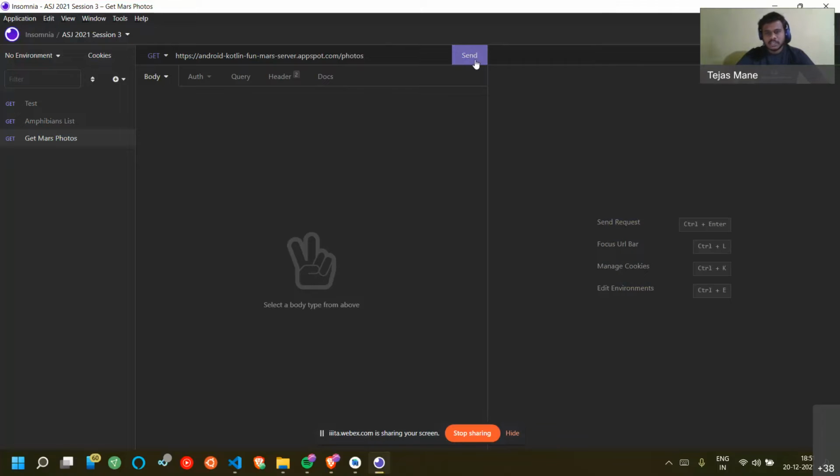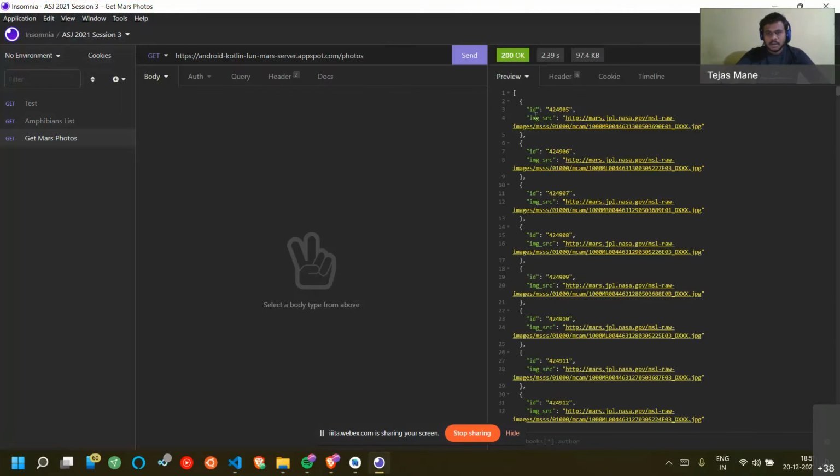And when we send this request to the server, you can see the data generated. This data is sent back from the server. I guess you can see this square bracket here. This means it returns a list. In the JSON, this is a key, and this is the respective value.